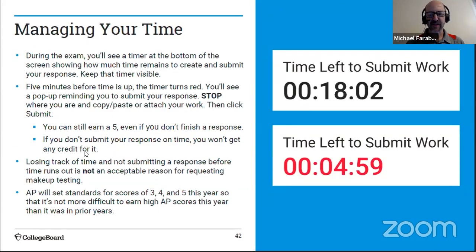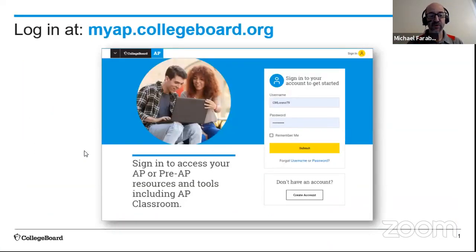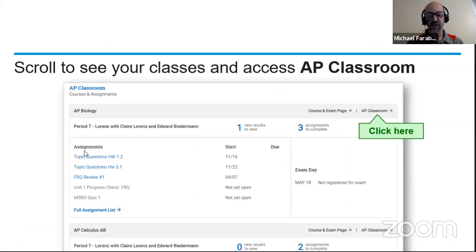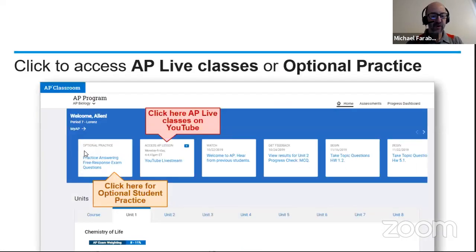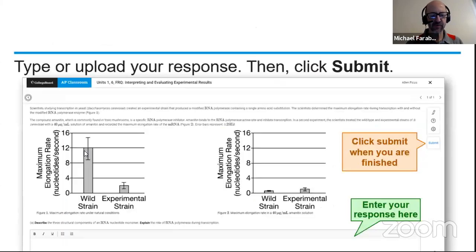Talking about managing your time, submitting your response. If you're looking for more practice problems, you can log in at myap.collegeboard.org. You can click on AP Classroom, and then you can click here for optional student practice. So practice answering free response exam questions, and then after you type in your response to a particular FRQ, and